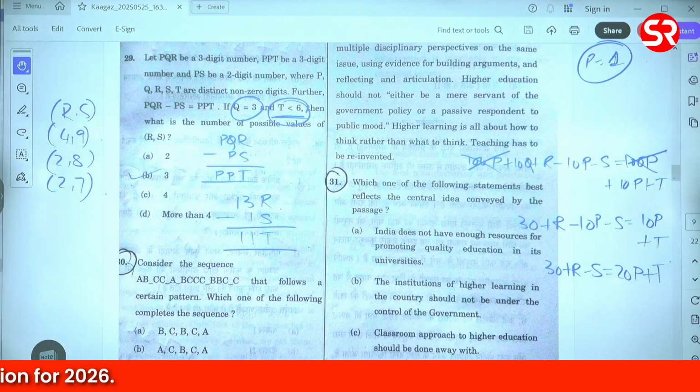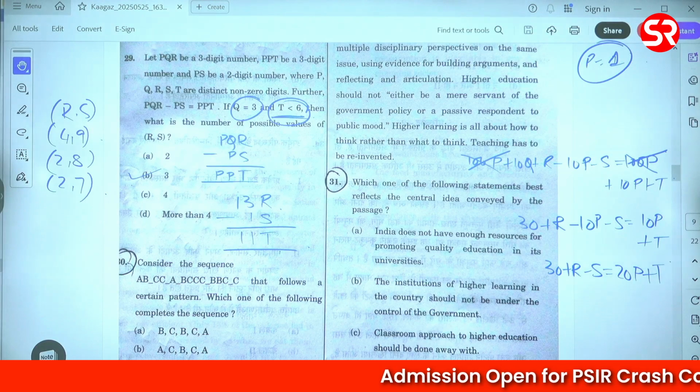All right, तो इसके बाद नेक्स्ट किया जाए,